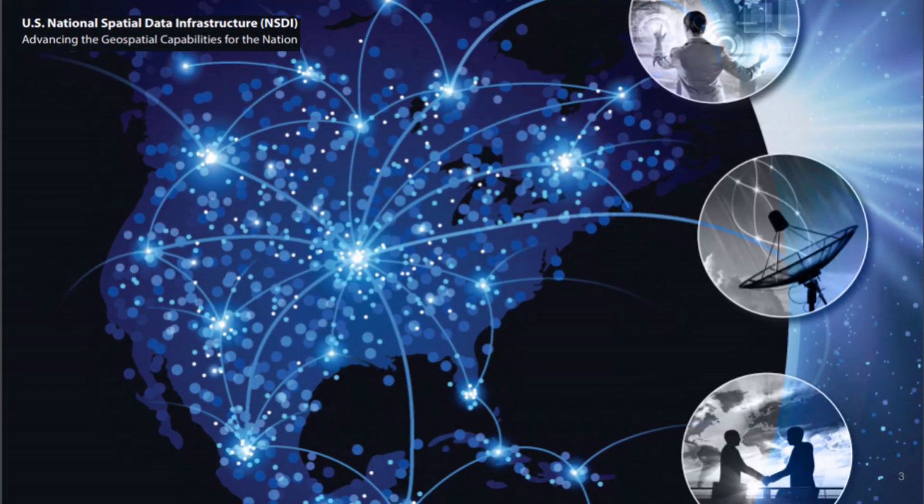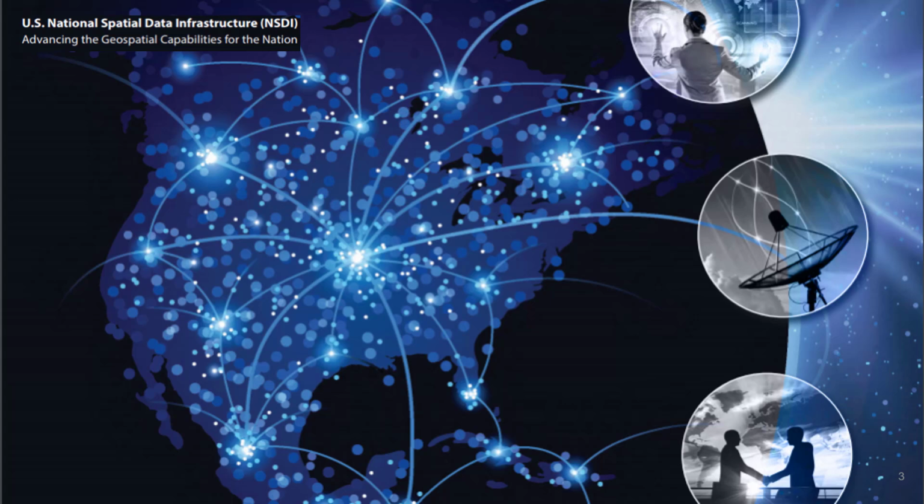The national map is a collaborative effort between the USGS and other federal, state, and local partners to improve and deliver topographic information for the nation, and is a significant contribution to the National Spatial Data Infrastructure, or NSDI. The goal of the NSDI is to create and provide the geospatial knowledge required to understand, protect, and promote our